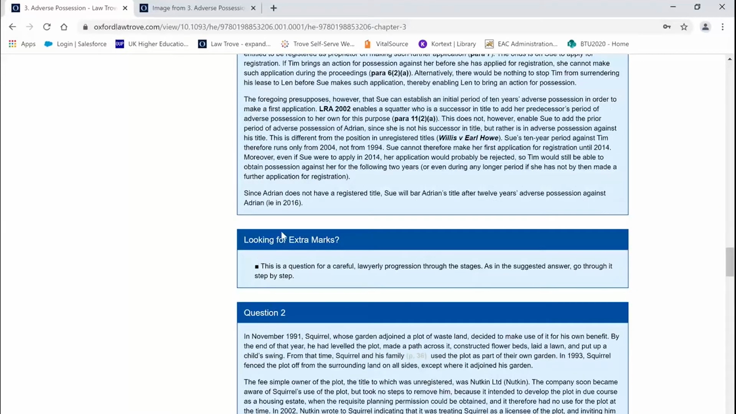And then this section, looking for extra marks. For those of you who are looking to get a high 2-1 or a first, this is something that you are going to be looking to take into account. And I'm assuming because you've attended this revision webinar that you are looking to get those higher